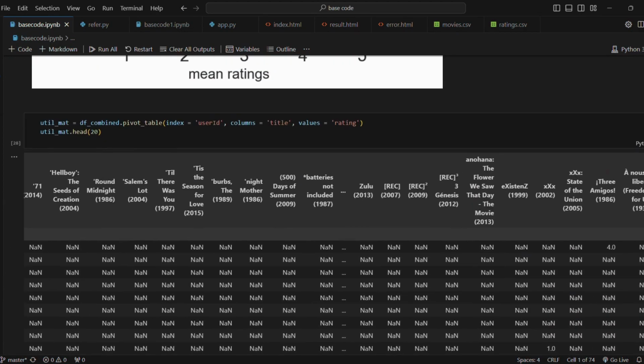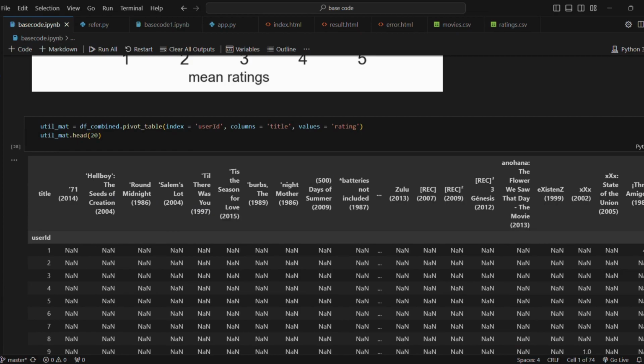Now coming to our algorithm, the main intuition behind the project is based on an algorithm called collaborative filtering. There are two types in this: user based and item based. In user based, we find two users who have similar taste in music, and if we find a pair of users like that, we take one user and see what movies they are watching or rating.